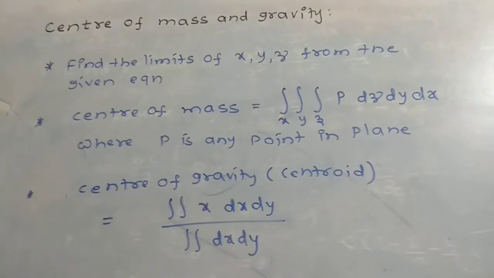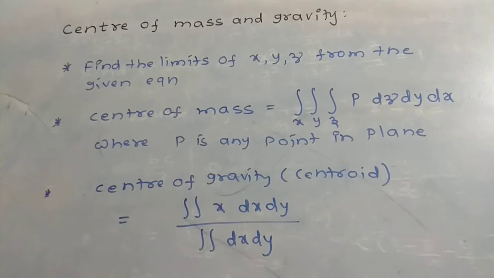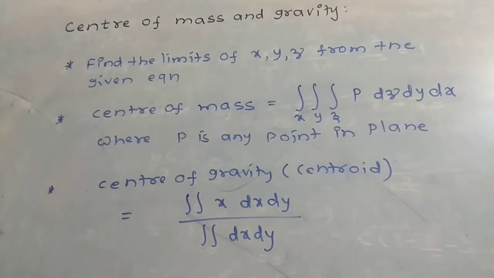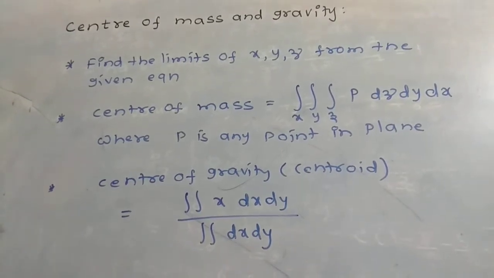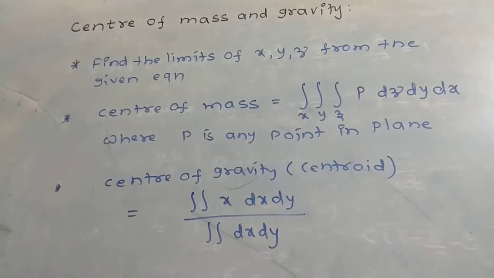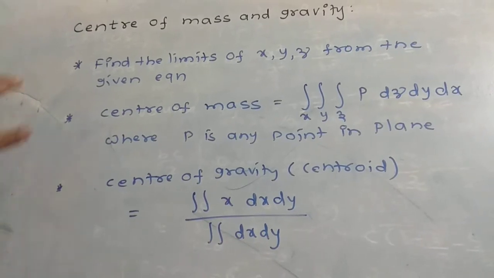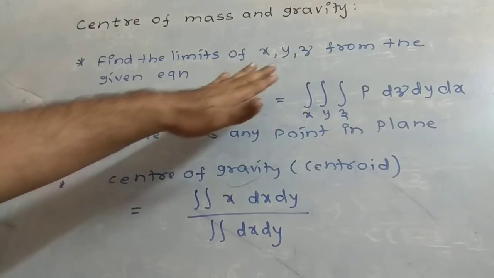This is the last topic of your multiple integrals: center of mass and gravity. In order to find these two values, center of mass can be calculated by a triple integral, whereas gravity can be calculated by a double integral. Whenever an equation is given, find the limits corresponding to the variables x, y, z